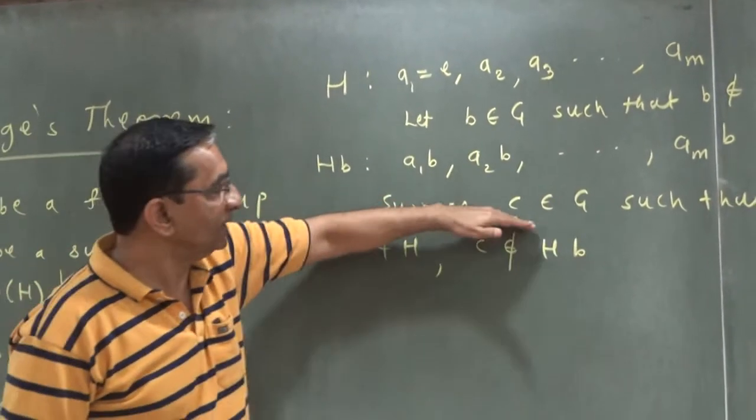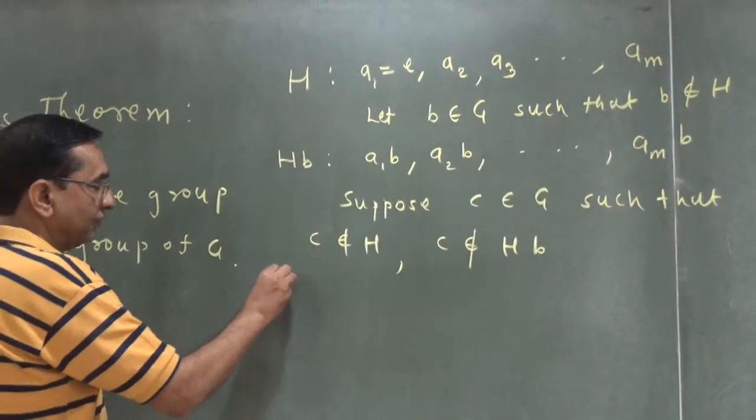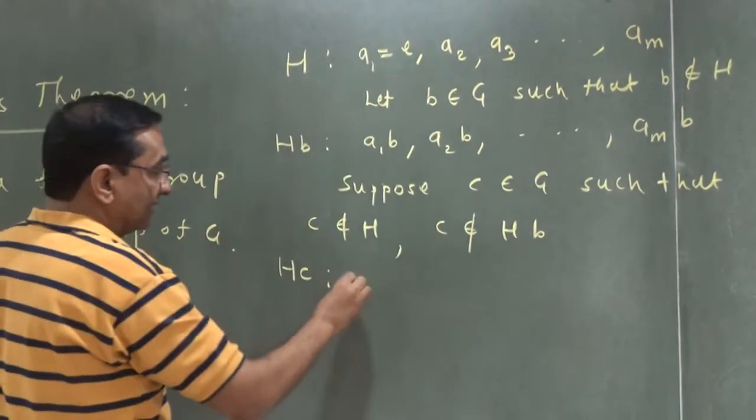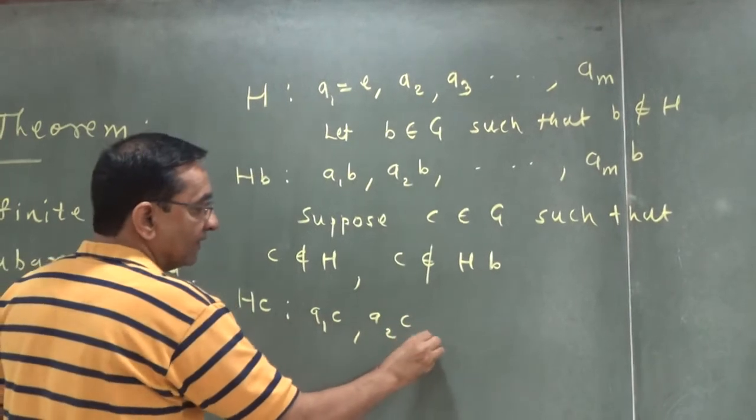I take that element and again multiply to each element of H. That is, I form this set of the type H times C, which is A1C, A2C, and so on,